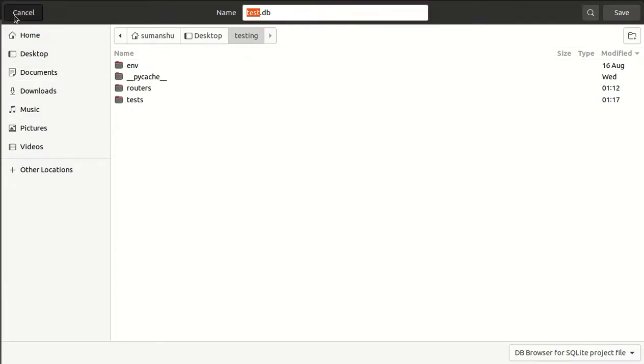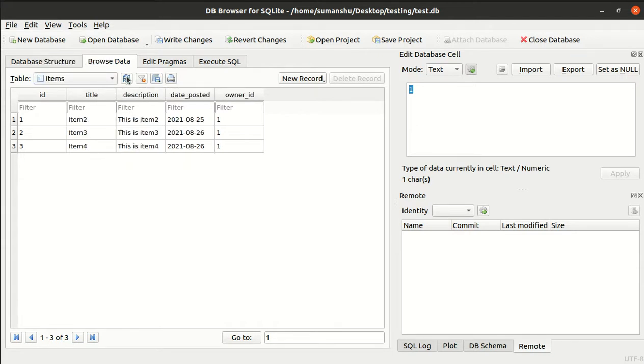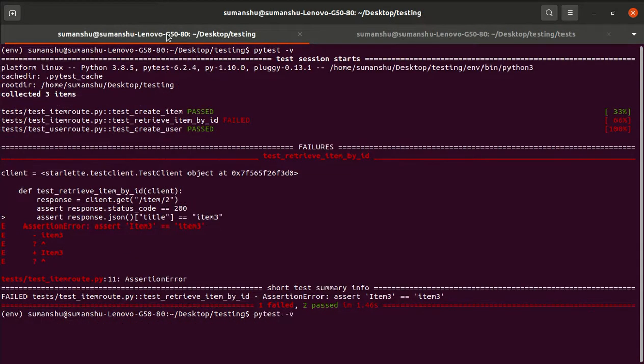One minute. If I refresh it, test user 5 exists now. Okay, and items, if I refresh it, is it deleted, or do I need to do something? One minute. Okay, we will know if we run our test cases again.